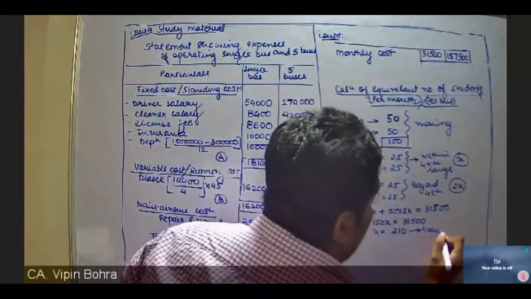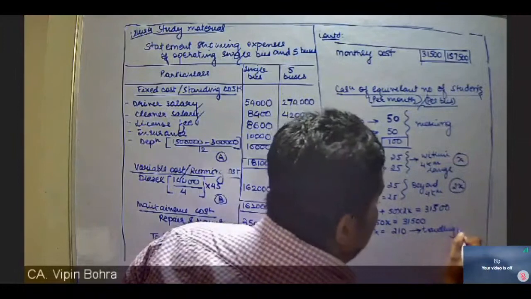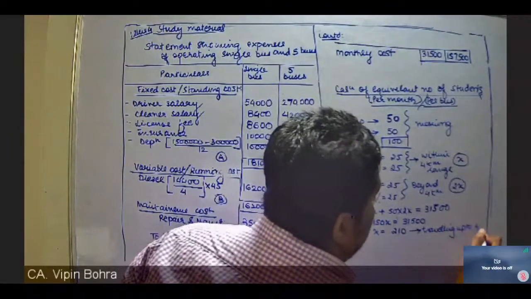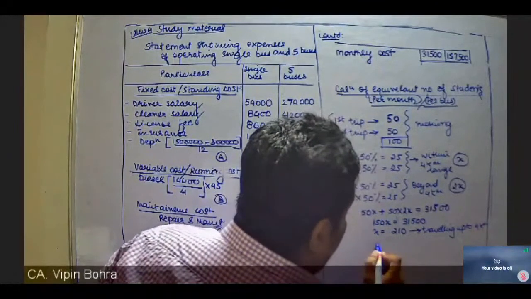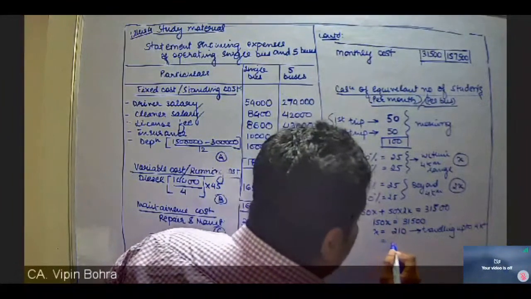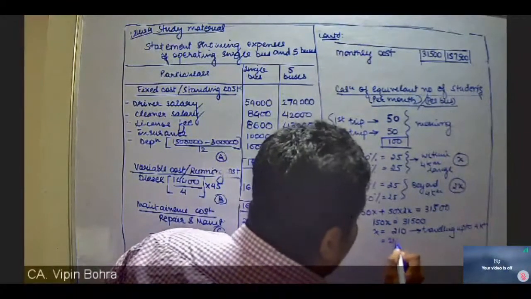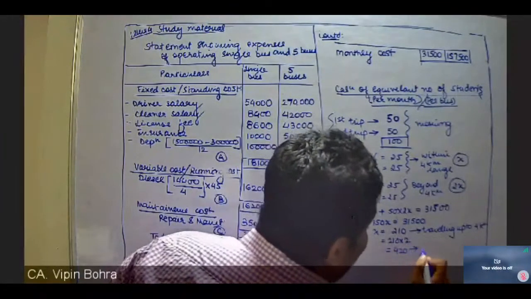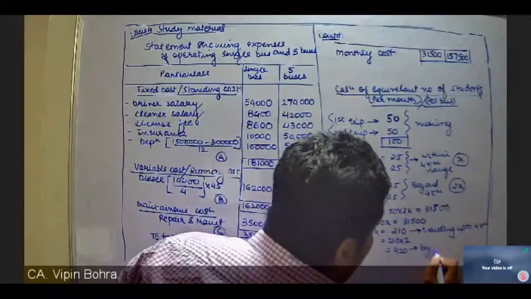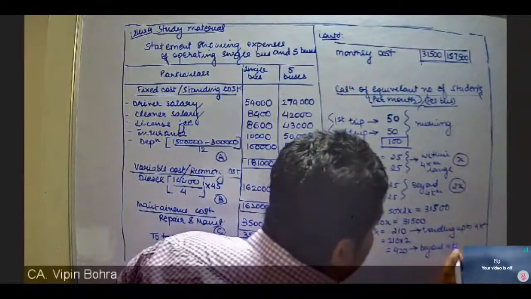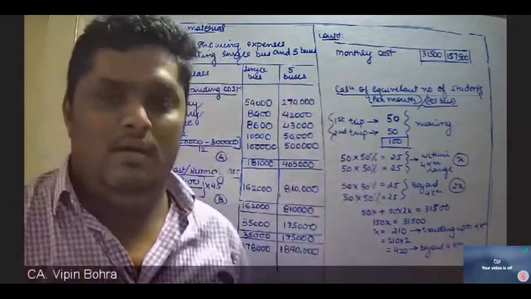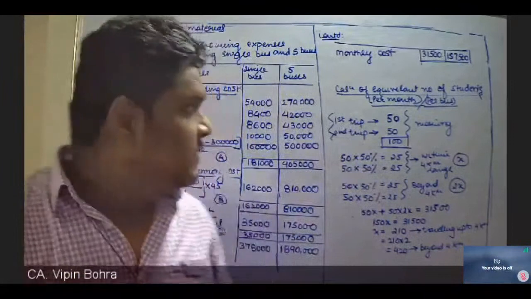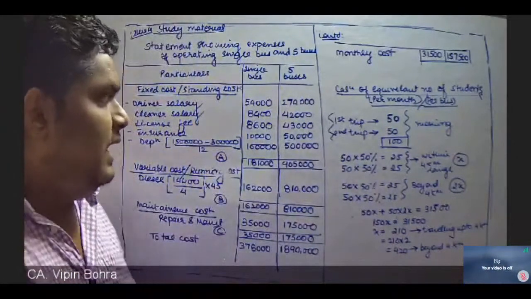Traveling up to 4 kilometers. And for beyond 4 kilometers, it will be 210 into 2, that is 420, for those who are traveling beyond 4 kilometers. I hope this part is clear. Again, I repeat,